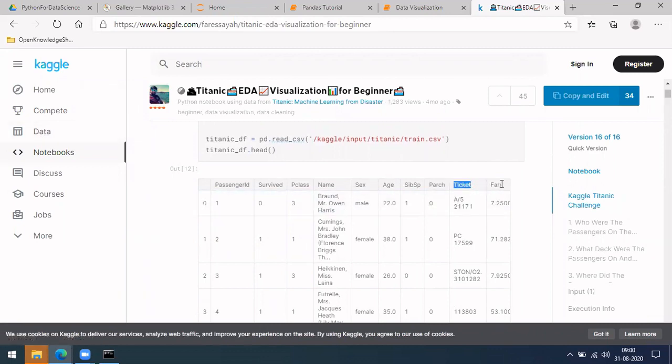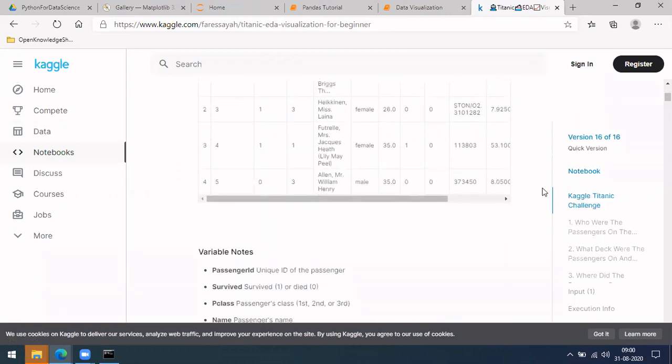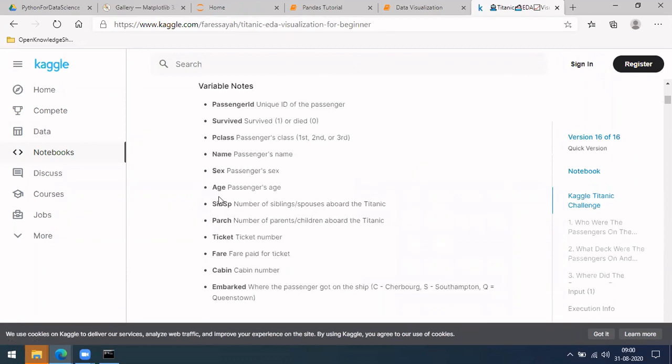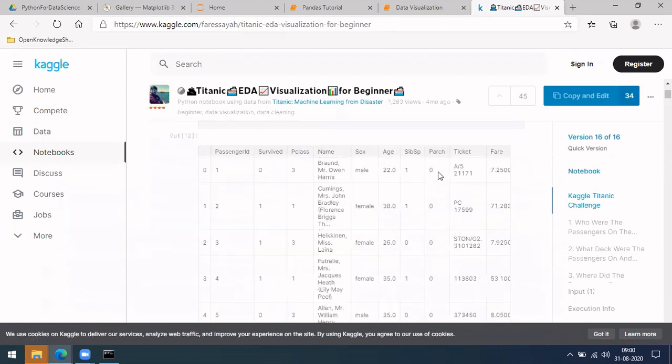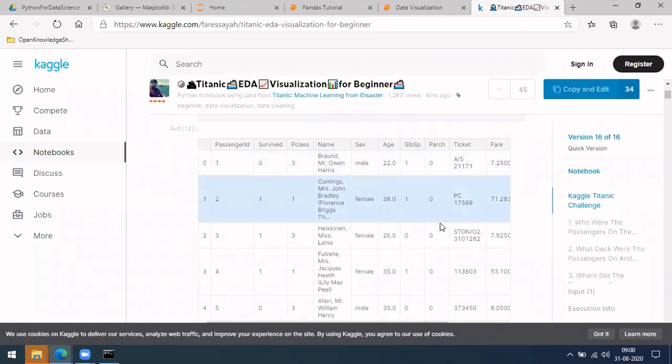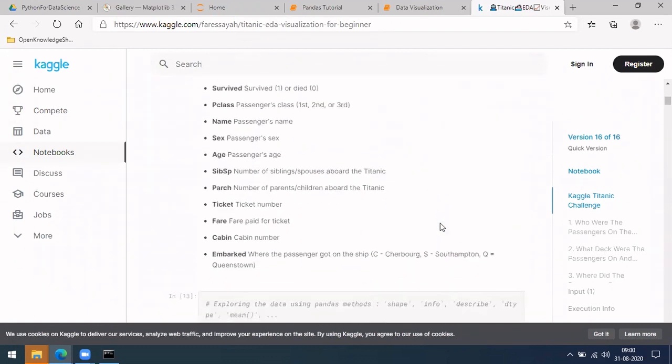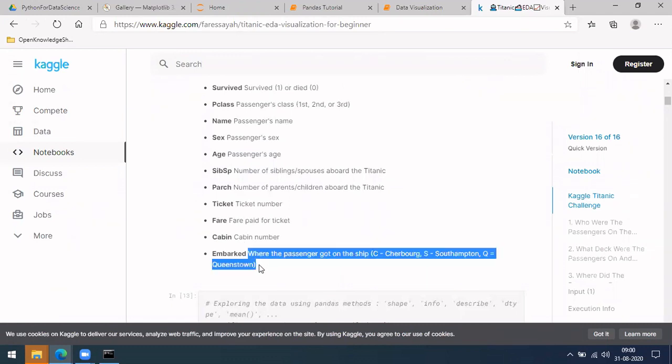He has also given the ticket number and a few other things. So this is how he has analyzed. He has given these details here: the number of siblings or spouses who came along with him. Similarly, parch is the number of parents or children who boarded along with him. Similarly, ticket number, cabin number, and a few other things.